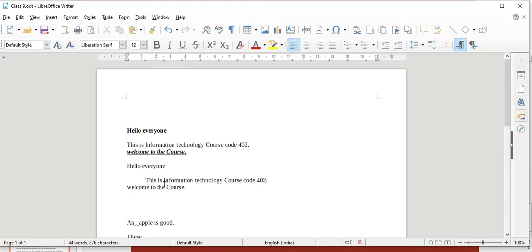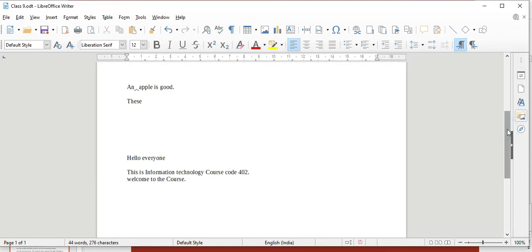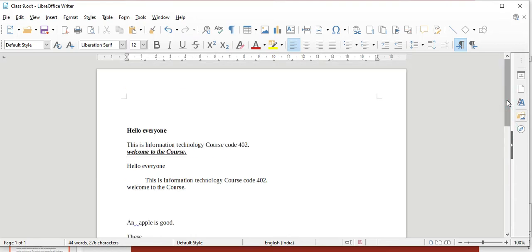Now, if you want to change the text case: sometimes we are writing our text and then we forget to make it capital. If it is bold and you notice it, you want to make it capital, or you wrote in capital and you feel like it should be in small letters. How can you change the text case?